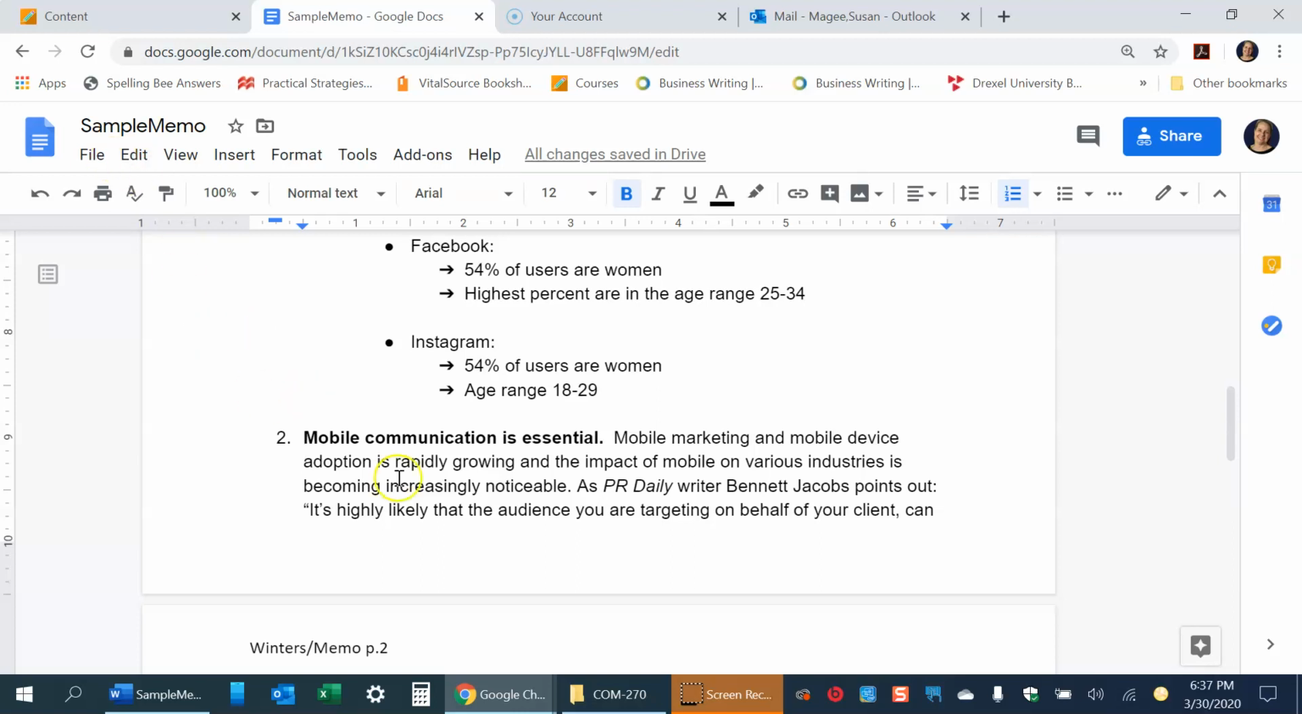Okay, so let me know if you have any questions. Don't stress out. I know most of you have never really written a memo before, and as long as you put in a good effort and follow the directions and do your best, you will be able to revise. Okay, so let me know if you have any questions, and I'm looking forward to